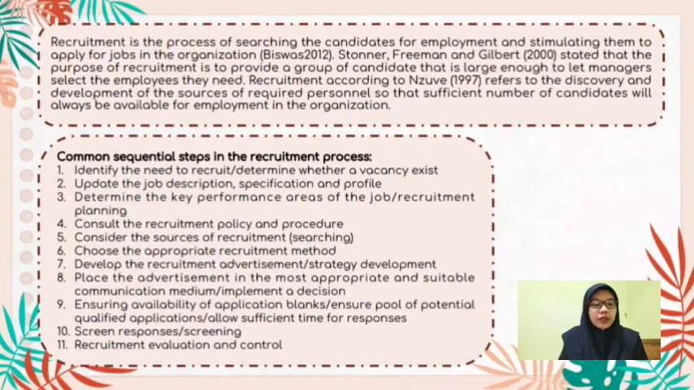Recruitment, according to Zuver 1997, refers to the discovery and development of the sources of required personnel so that a sufficient number of candidates will always be available for employment in the organization. Then, the purpose of recruitment is to seek out, to evaluate, to induce, and to obtain commitment from prospective employees so as to fill positions required for successful operation of the organization. Raghavi and Gopinathan